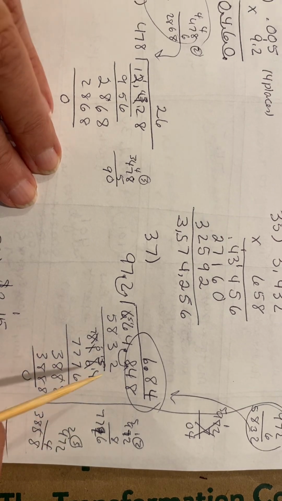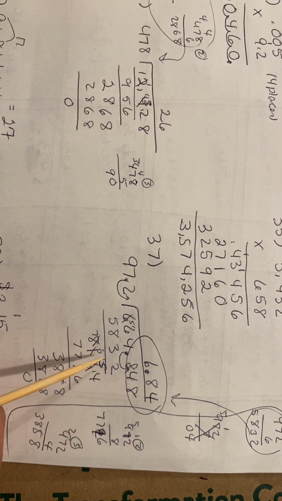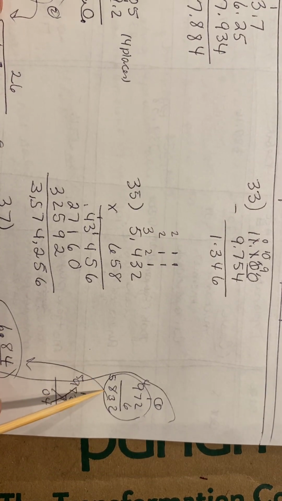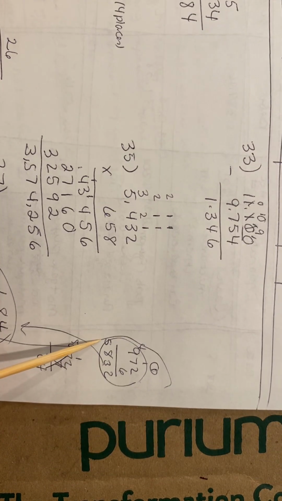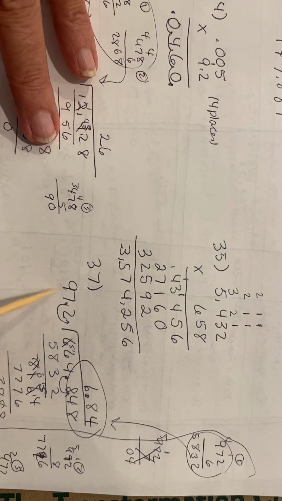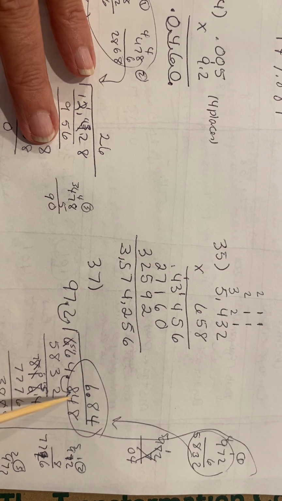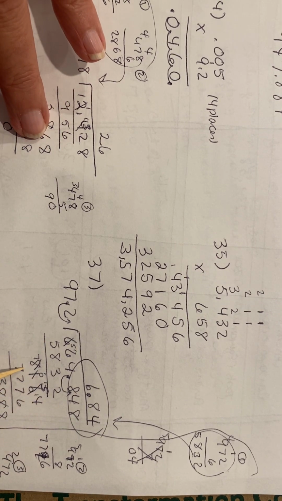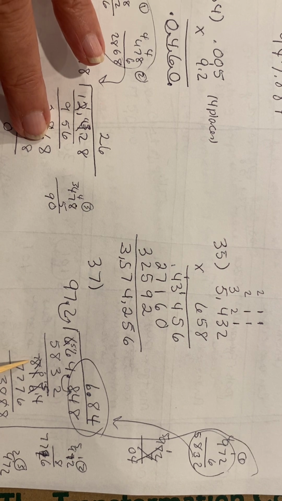So I put down, so it's actually not 830, it's 5832. I'm sorry, I didn't get that number, 5832. So if you times this times 6, you get 5832, and then you subtract it. This is kind of a hard one, because there's a lot of little numbers, and so you subtract it, and you get